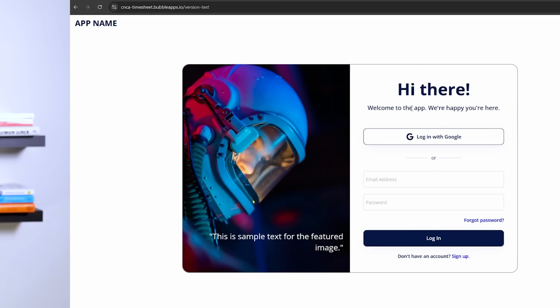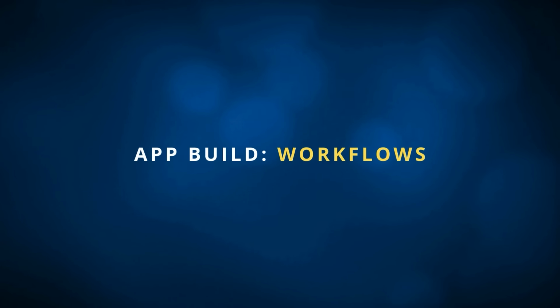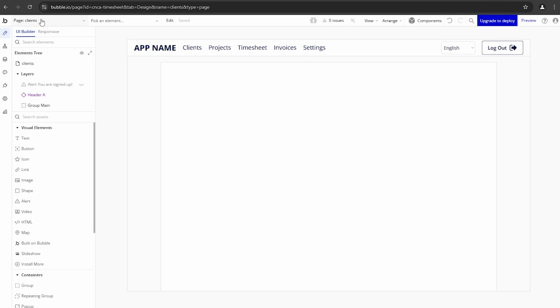so that it does look great on any device. All right, so now it's time to build some functional features on the pages that we've wireframed, referencing the data structure that we put together earlier. Okay, let's jump in. All right, so what I'm going to do is I'm on the clients page right now,